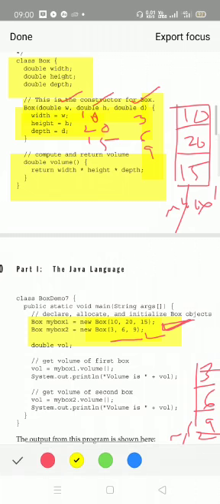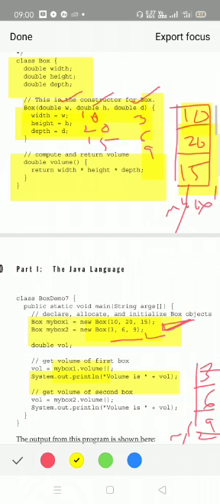Next what we are doing is computing the volume. You are making a call to the volume function, computing the volume of the box object you have created. So mybox1.volume is accessed. Check the contents of mybox1. My volume function just does the multiplication of width into height into depth, the product will be computed. So it will access these locations of mybox1: width which stores 10, right, 20 into 15. So 3000 will be obtained and printed, as you can check in the output later.